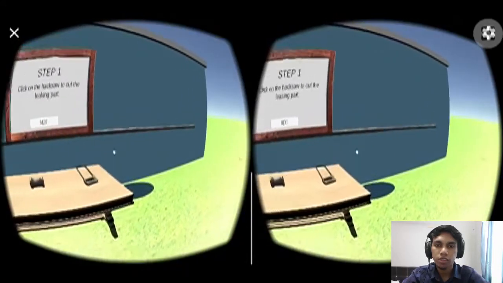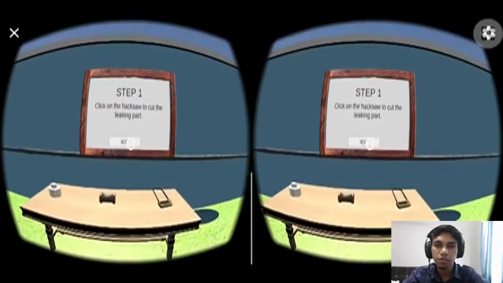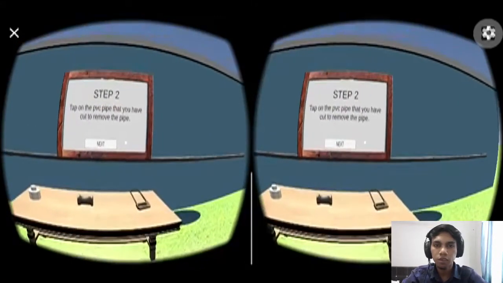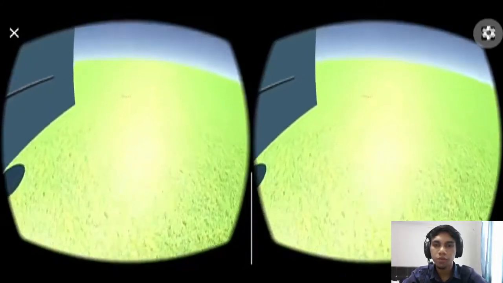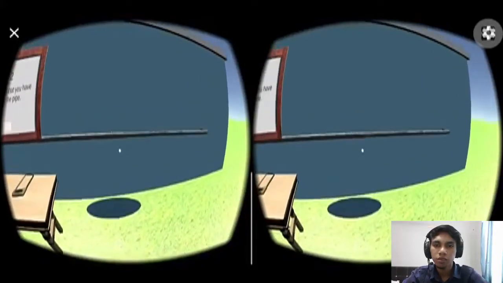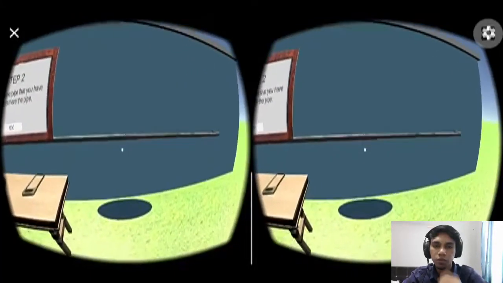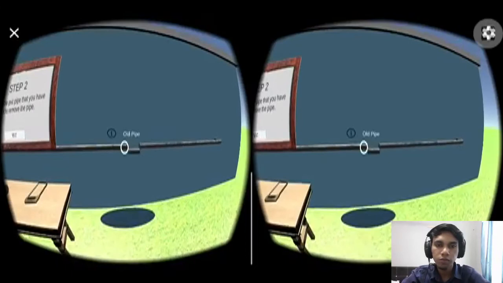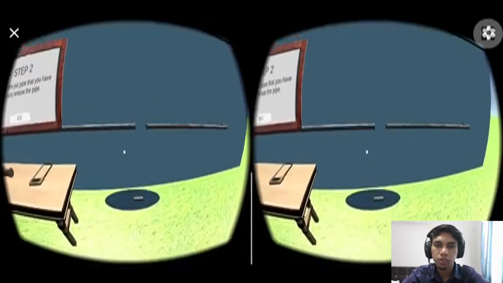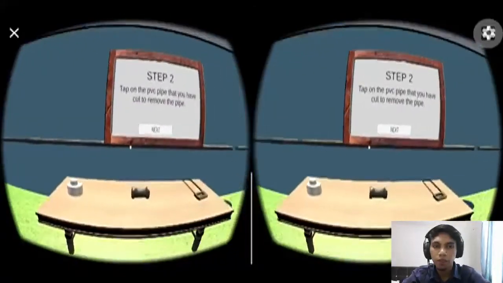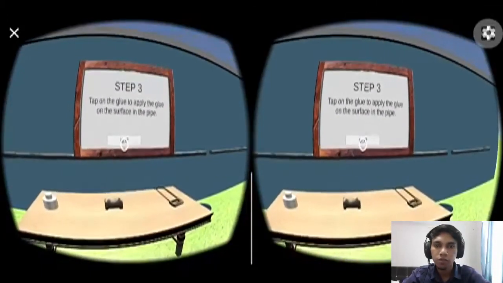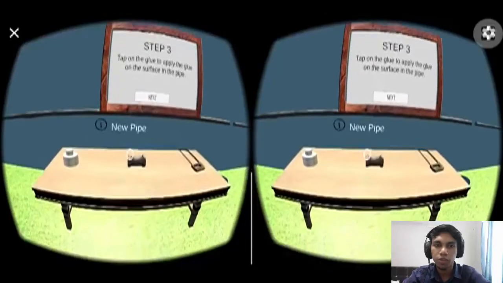Okay, and then after done with the first step, we go to the next step, which is to step on the old PVC pipe to drop it. Okay, and then after dropping it, we go to the next instruction, which is to tap on the glue to apply the glue.